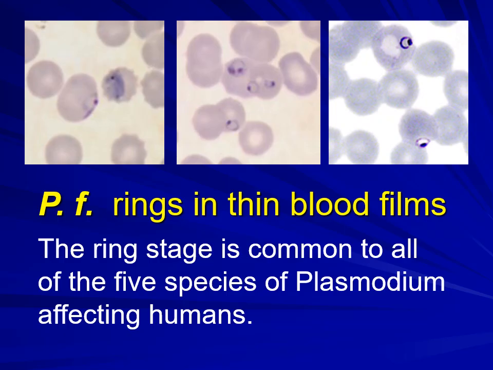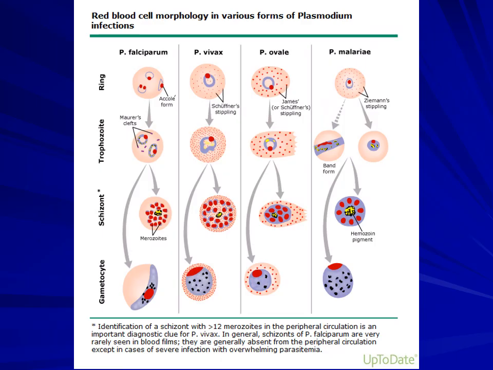And like you see here, the nucleus forms the dot in the ring, and then the cytoplasm makes the periphery of the ring as well. We'll come to those. And here in the schematic diagram as well, you can see in the upper row that the ring stage is common to the different species of malaria: Plasmodium falciparum, vivax, ovale, and malariae.